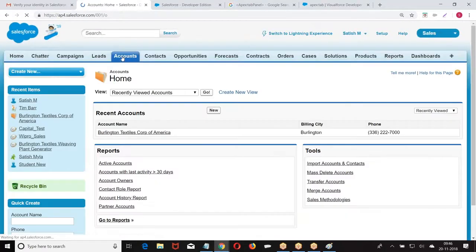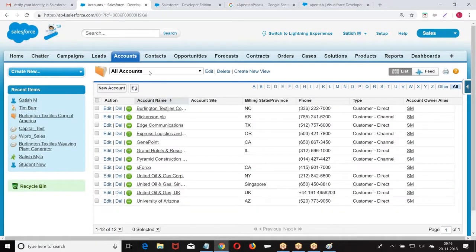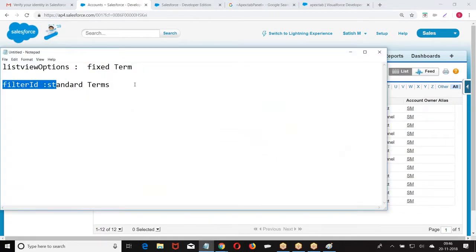Now based on the option we selected, we are getting a list of records. These list of records are stored in a record set var. On this object, based on the filter you selected, whatever records you are getting are stored in record set var, a variable.